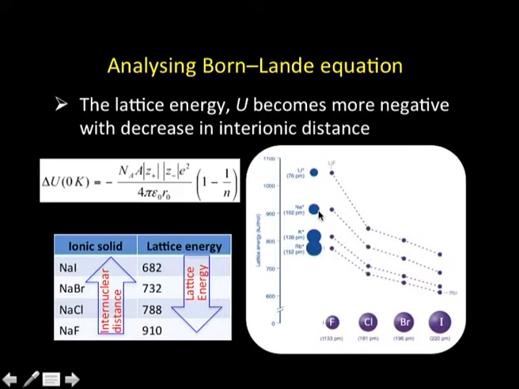What you see is, this is sodium ion here, this is fluoride. So, for sodium fluoride, that is the data here. For sodium chloride, that is a number, sodium bromide, sodium iodide. We find that as internuclear distance r increases, because we are keeping the cation constant and changing the anion, the interionic distance is increasing. As the interionic distance is increasing, our lattice energy is decreasing.